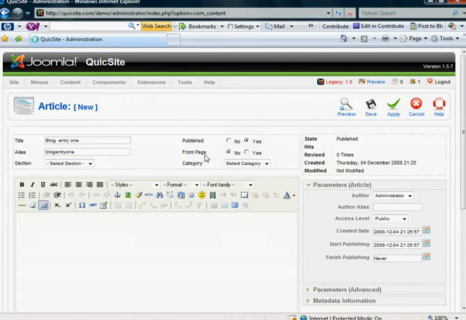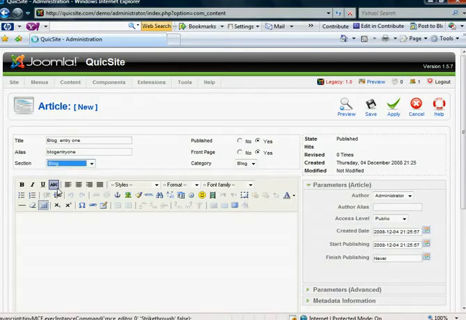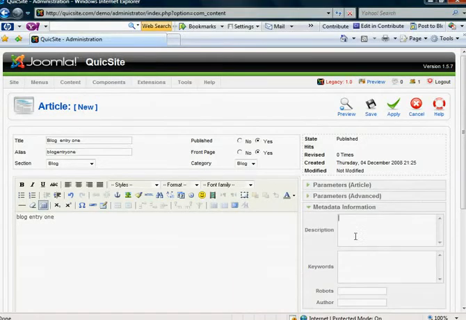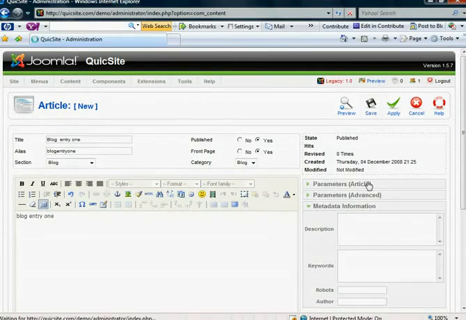And now there's two important things. To make sure that it goes into the blog that we've created, you want to do two things. On the front page, you'll want to click yes. And in your section, you'll simply want to click blog. And then of course you'll want to use your metadata information to optimize it as you see fit, and hit